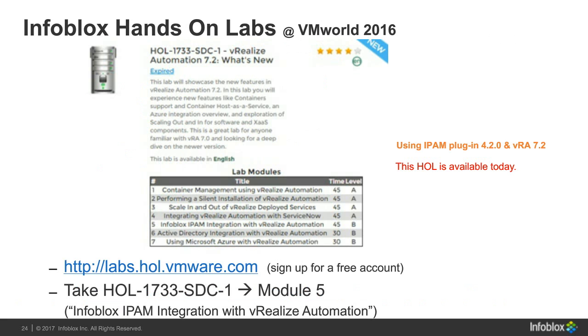Two other things if you want to get more hands-on. We have two ways you can do this. We did a hands-on lab with VMware last year at VMworld, and this is available to everybody today. I can go out and see what's happening with plugin 4.2 and VRA 7.2. There's the link and the class. I can try this and see exactly what's happening and do the hands-on lab myself. Again, this is available free of charge. You just have to create a free account, and you can download this with all the instructions